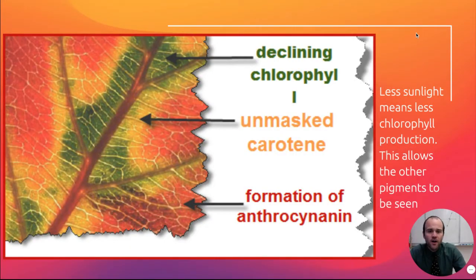What happens in the fall is there's less sunlight because the days are getting shorter, and leaves stop producing chlorophyll in response to this because they know there's not going to be as much sunlight. So chlorophyll is no longer being produced. It's no longer going to be present in the leaf. So those other pigments that were there all along are starting to be visible. So your anthocyanins or reds, or your carotenes that make the oranges and yellows, are suddenly going to be visible